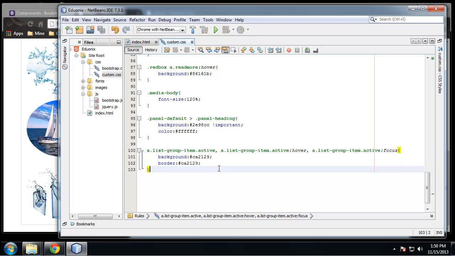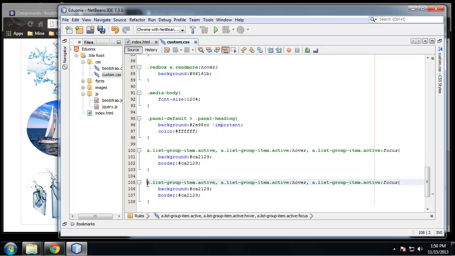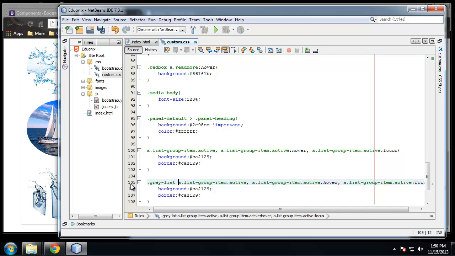And I'm going to copy this, and I'm going to add gray list to the beginning of all these properties. So after the comma, this comma,